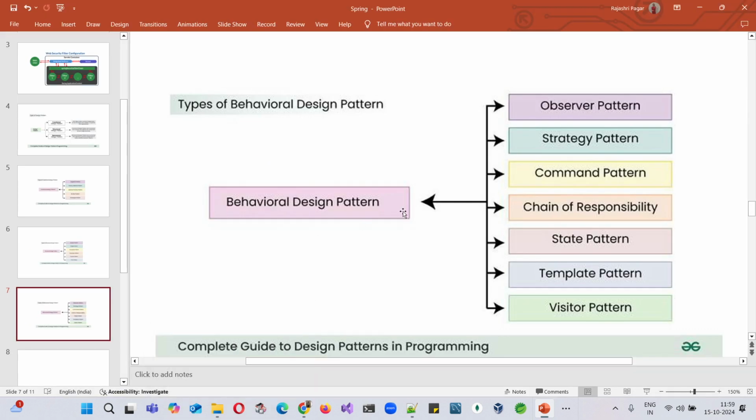So the third one is behavioral design pattern. So in behavioral design pattern,